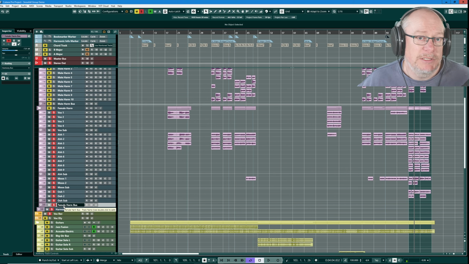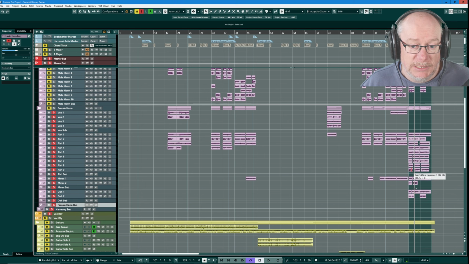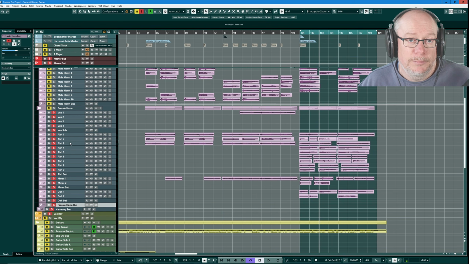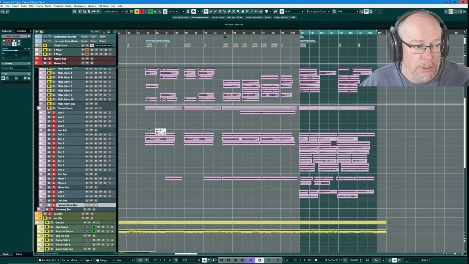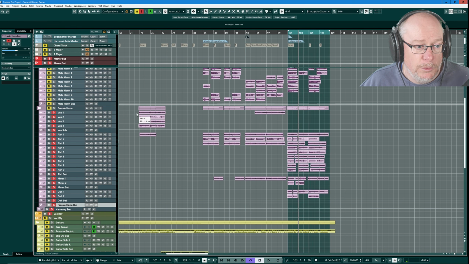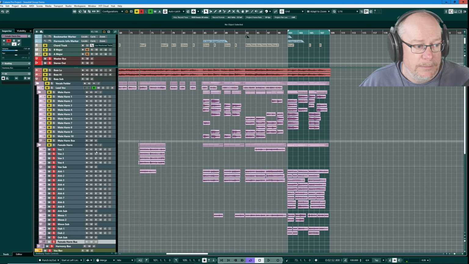The female harmony bus is collecting all of these tracks together, and you can see at the end of the song, quite a few tracks of harmony are being played, but they're subdivided into types of sound. Now, at the end of the song, there's no vox, but that's actually sung vocals. So if I jump over here,